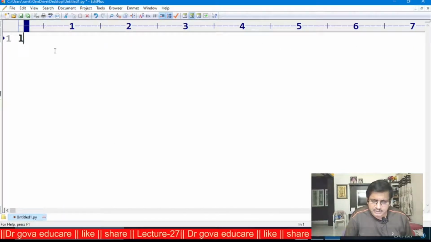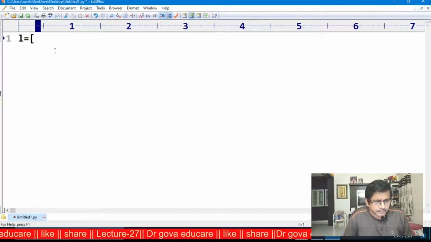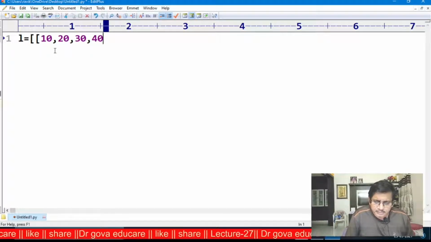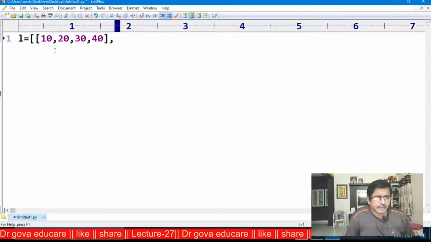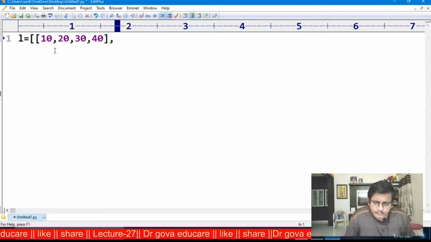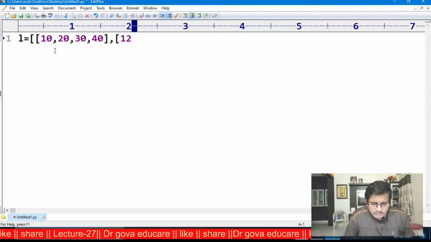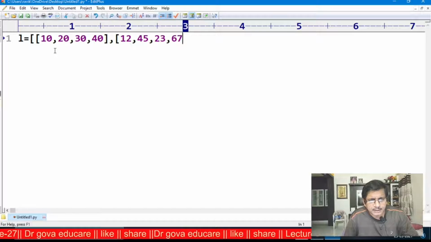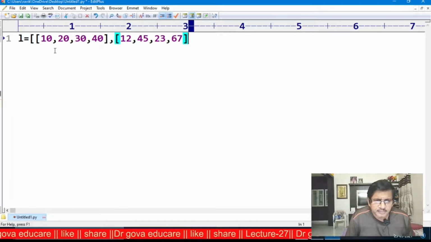Now this is the list. L is equal to, within the list, some 10, 20, 30, 40. This is the first row. In the second row, some 12, 45, 23, 67.